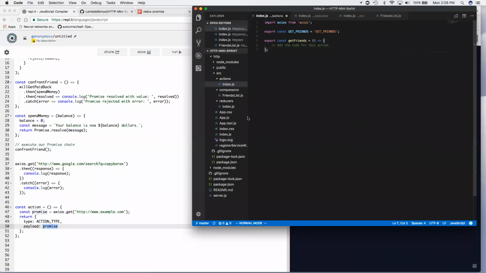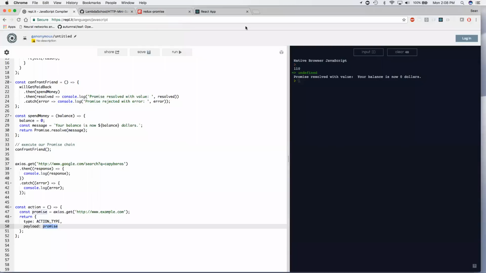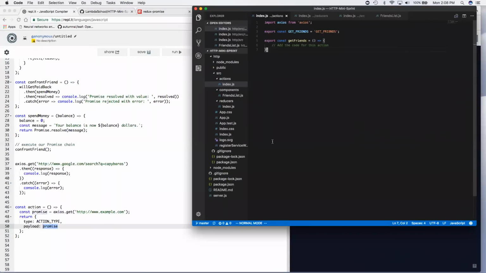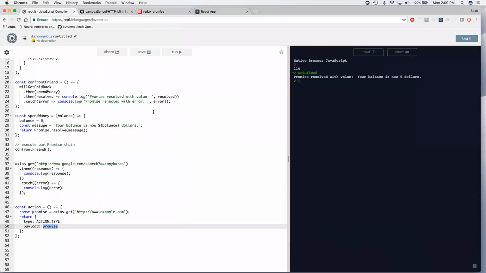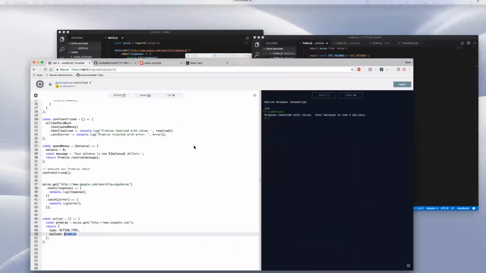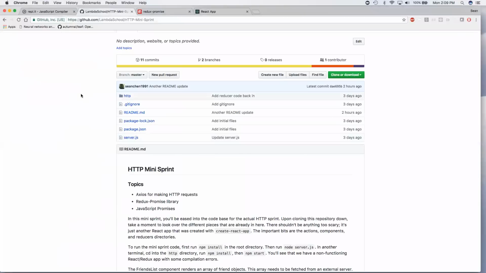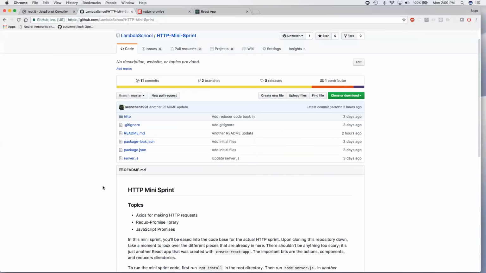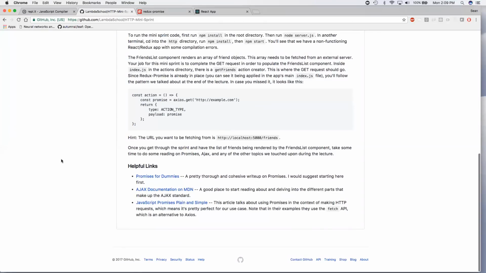So get this function to work such that once you run npm start, your components will be rendering successfully, and then take some extra time to look through this code if you need to look at more Redux code, because I'm sure you probably need to do that. And also inside of the mini sprint repository, I have some helpful links on promises,